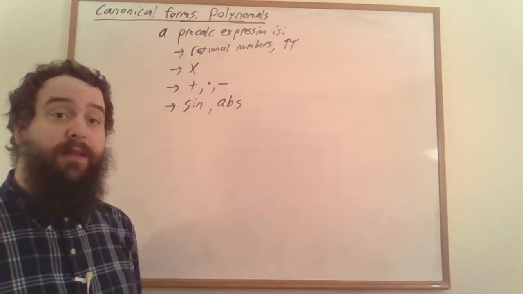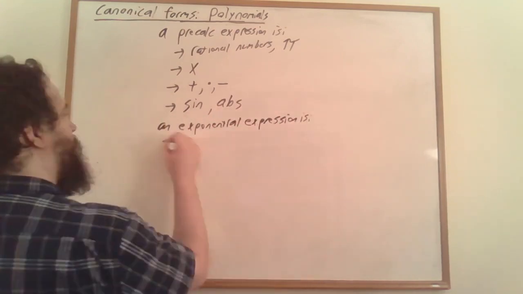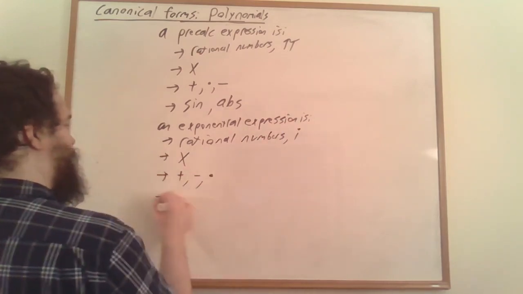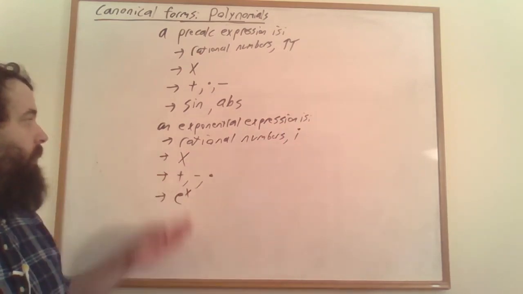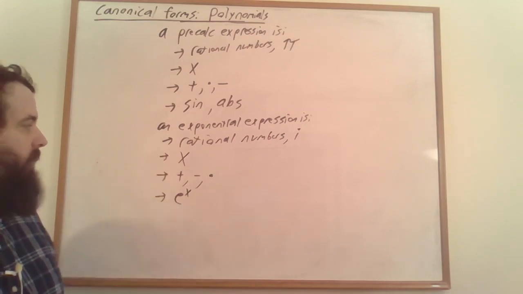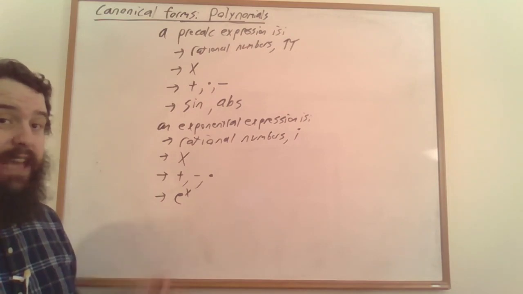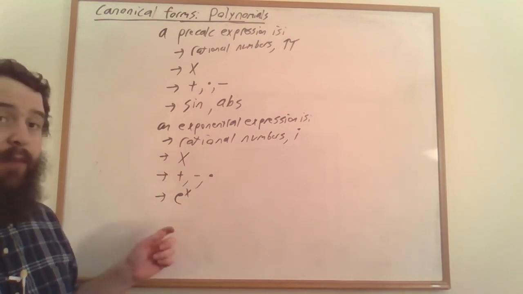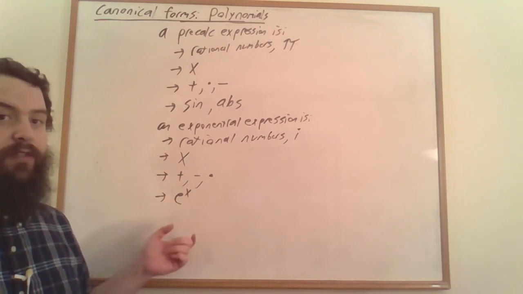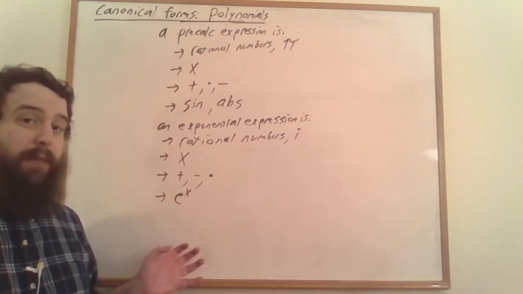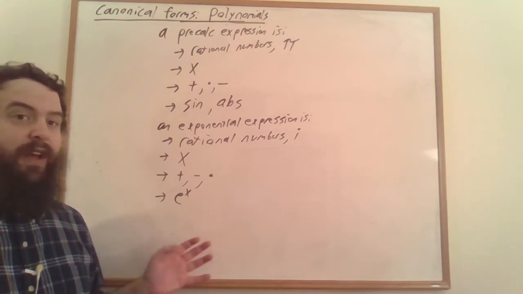Halfway in the middle of this, we have exponential expressions, where we're allowed rational numbers, i, so we can do complex numbers, just the one variable x, addition, subtraction, and multiplication, and e to the x. So if we have an expression, we can actually take e to the power of that expression, and that's a new expression. In this case, there might be a canonical form depending on a big open conjecture, which is called